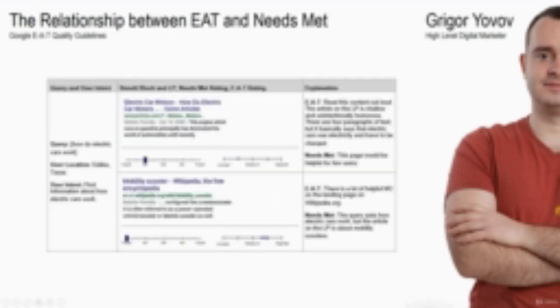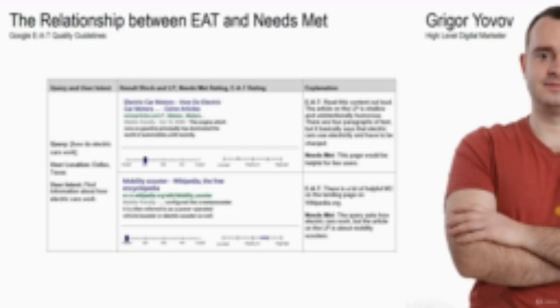Now I'll show you a couple of examples of such queries. Here the query is how do electric cars work, and user location is Dallas, Texas, and user intent is to find information about how electric cars work. We can see here two results. The first one is from azinarticles.com, and it has a slightly meets rating, and it has